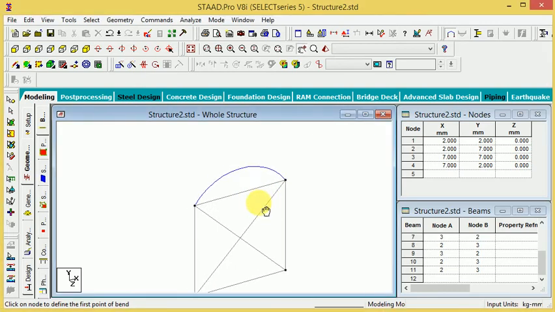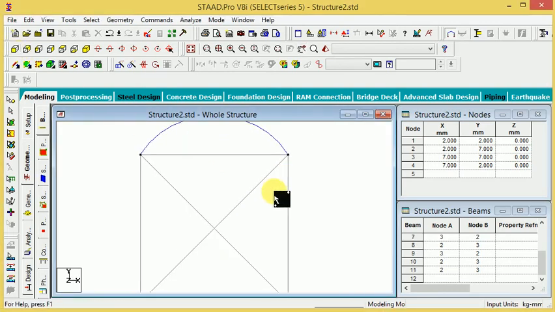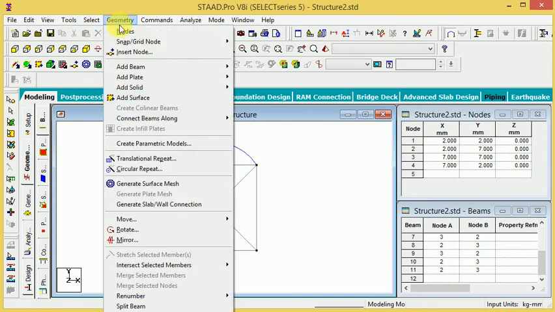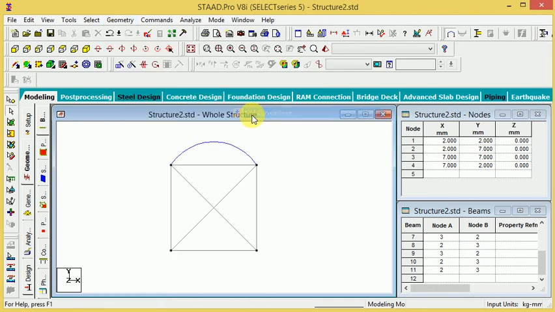So it is created on the axis right now, with the radial angle. How to do that? First of all, go to geometry here and select curve beam. The minimum curve beam is according to the radius here. If your total length is 5 mm, you cannot provide 2.5, which is less; you cannot give that dimension. You must always give more than that, according to the radius of this line.